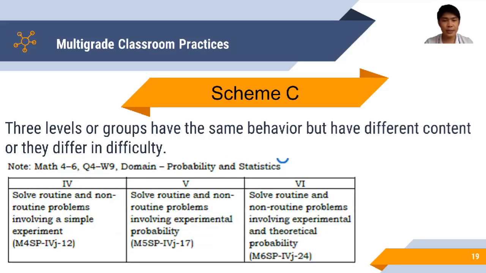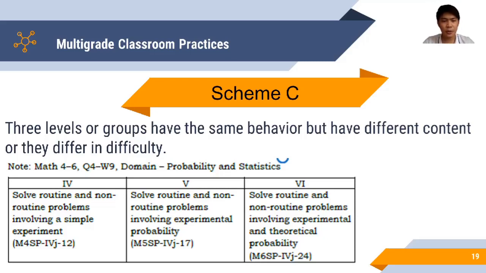Next scheme is scheme C. So what is the lesson plan in scheme C? So the scheme C is 3 levels or groups have the same behavior but have different content or they differ in difficulty. Pare-pareho po ng behavior pero magkakaiba lamang sa level of difficulty. For example, in mathematics,